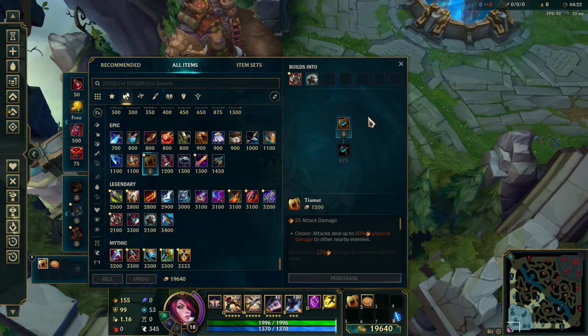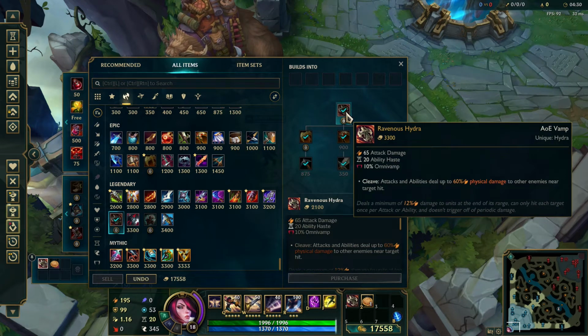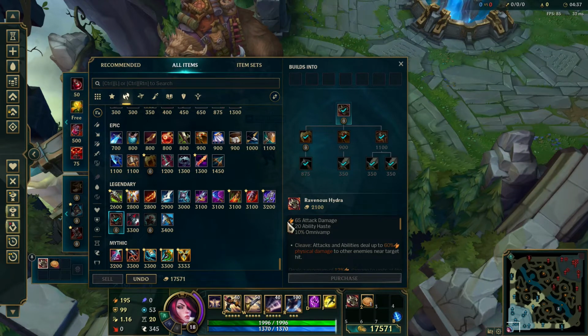After that, if you get some kills, which you should, you probably will try to build Hydra as your first item, because it gives you healing, it gives you haste, it gives you all you want. Then you will probably, once you've got this, you already got your boots. So you will want to go for